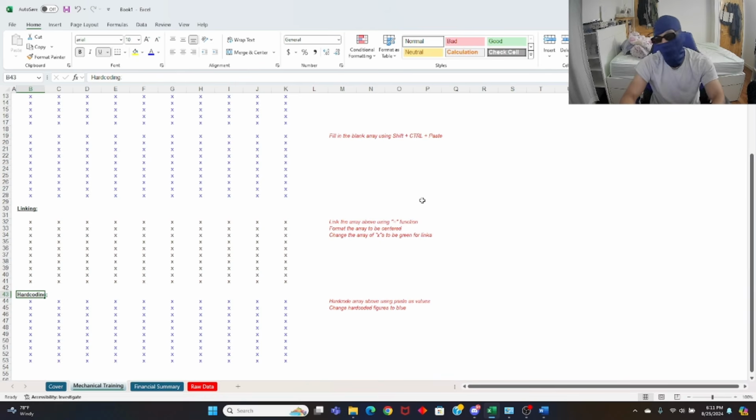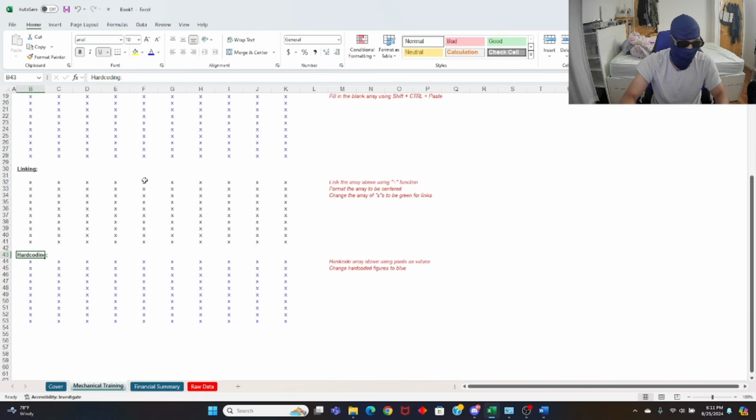Also, you could use your quick access toolbar, which is right here. But surprisingly, I do not use a quick access toolbar, so I don't know how to use it. Training the Street told me to use it, but I just never got to it. So I just remember all of the shortcuts off the top of my head, and it's marginal to speed once you get quick at the mechanics, anyways.